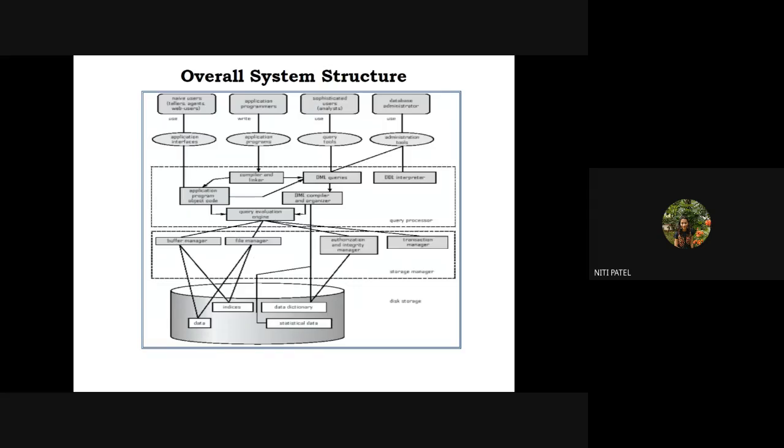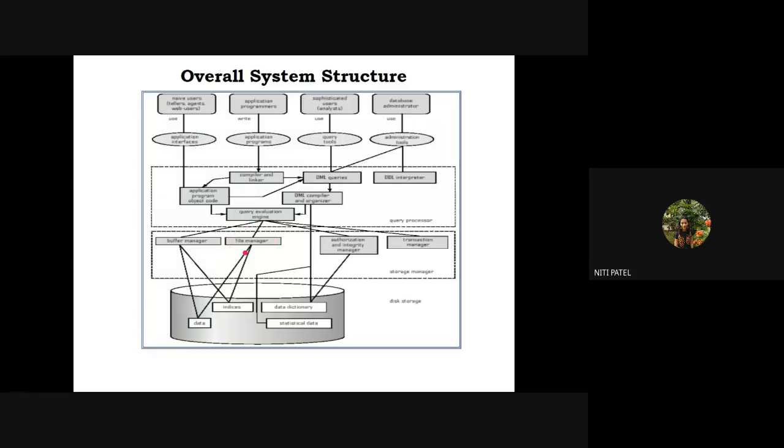Allocation of the space inside the disk, what structure it is. Now it is not necessary that every time I may use a relational database in the form of a table. Sometimes I may use ER model, sometimes I may use network model. So how is that structure, how the data is stored, how much space every model has taken in your memory, who will keep all this information? It will be done by the file manager.